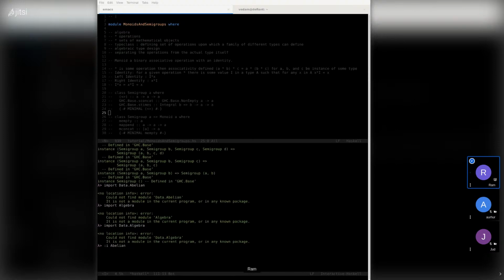It is defined there. I just can't seem to pinpoint what is causing the import not to work the way it should. It may not be available in Prelude. I may have to define something else in order to get the abelian type class.